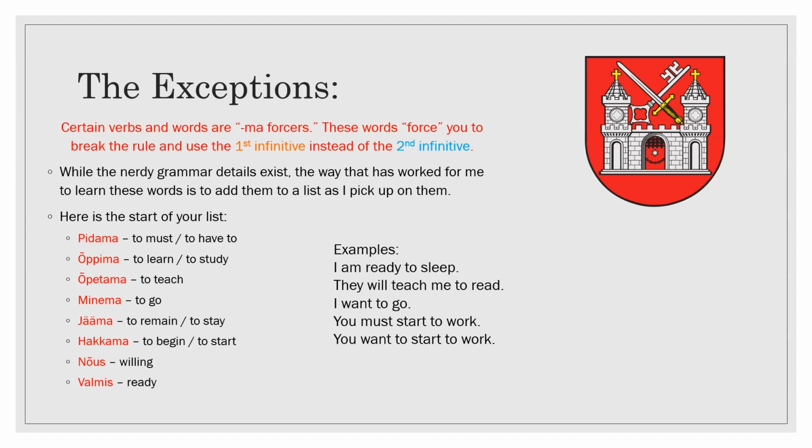And I really don't want anybody to get confused by this, because it's a nuanced exception, as we look into what this exception really means and how it's actually applied. What this exception is not is that every time you see one of these words here on the left, it is in the MA infinitive. It's not that. All of these words, all of these verbs at least, have first infinitive, second infinitive, conjugation, to, nude, passive voice, all of these different forms, just like any other verb. However, if they show up in a sentence, they are going to follow the rule, but they force other verbs to break the rule. Let's talk about what that means.